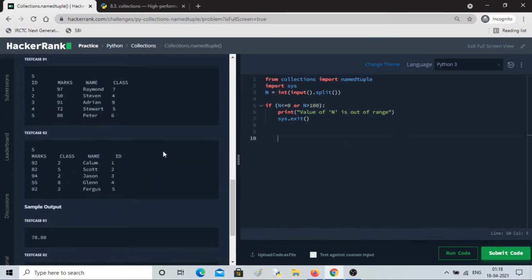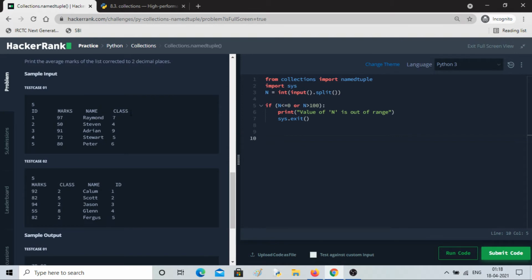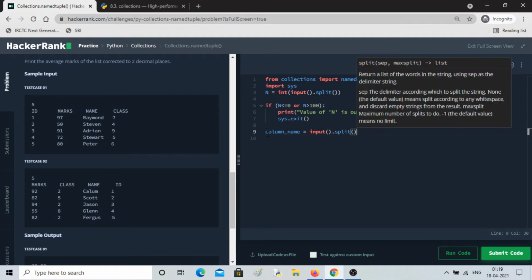Now what we have to do is take the next input, right? So let me write something called a column name variable, and I'll take input and split it. Input dot split, and it will already be in a list.